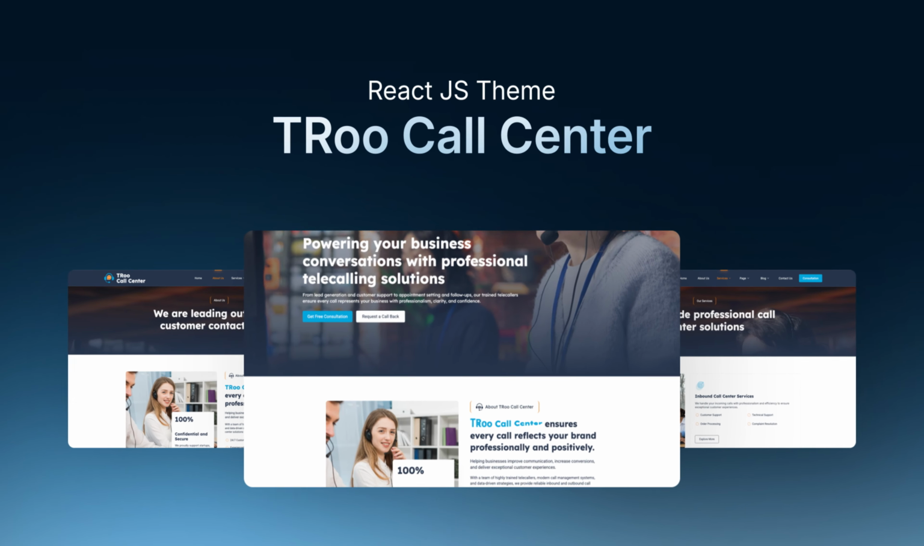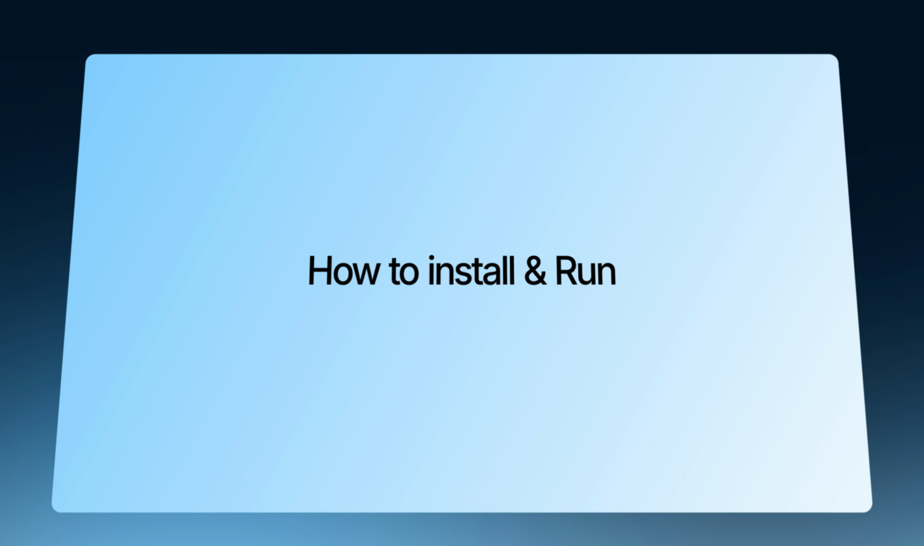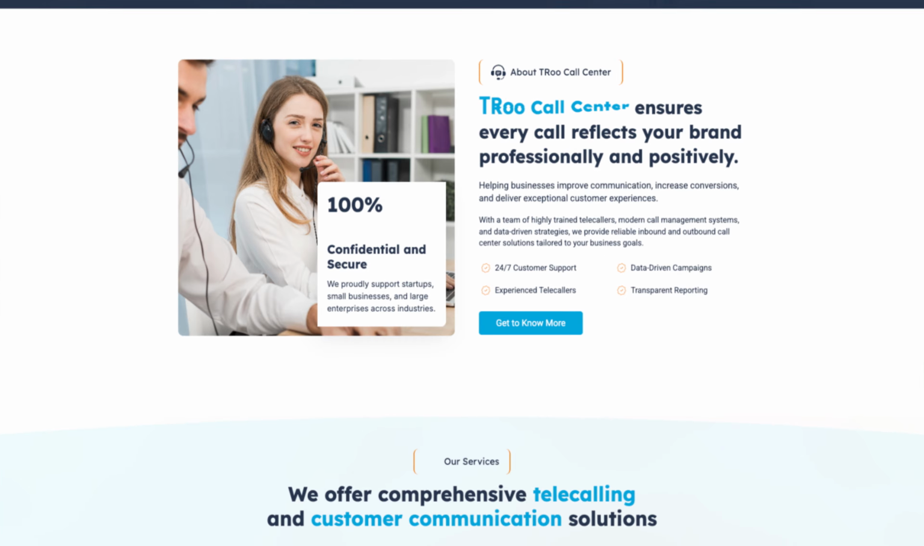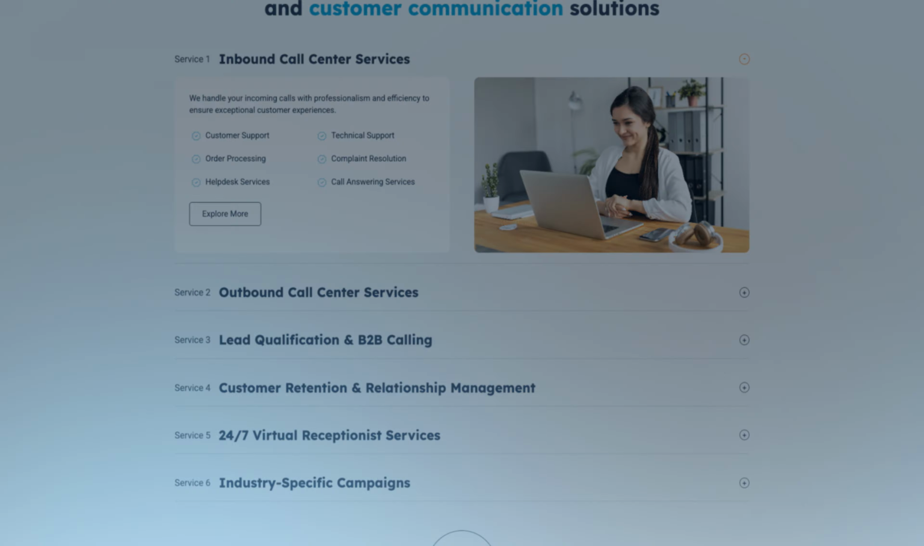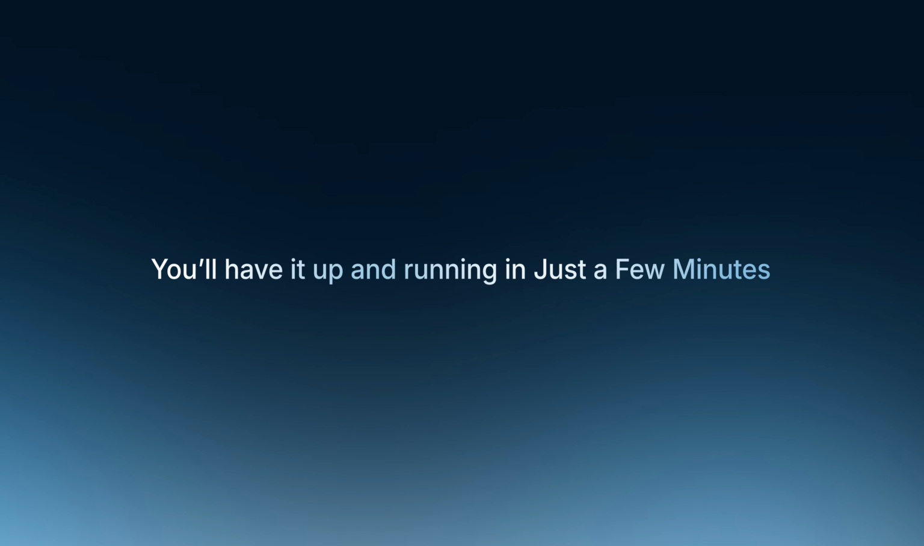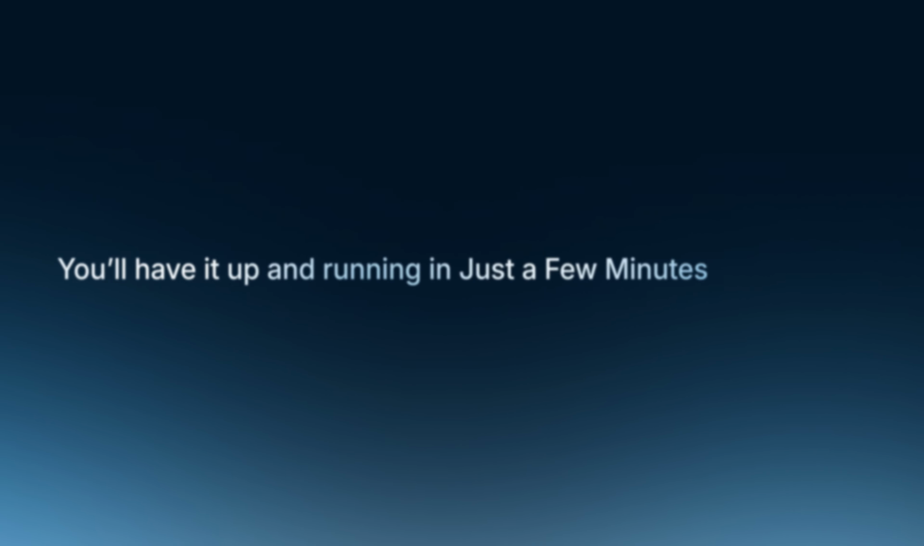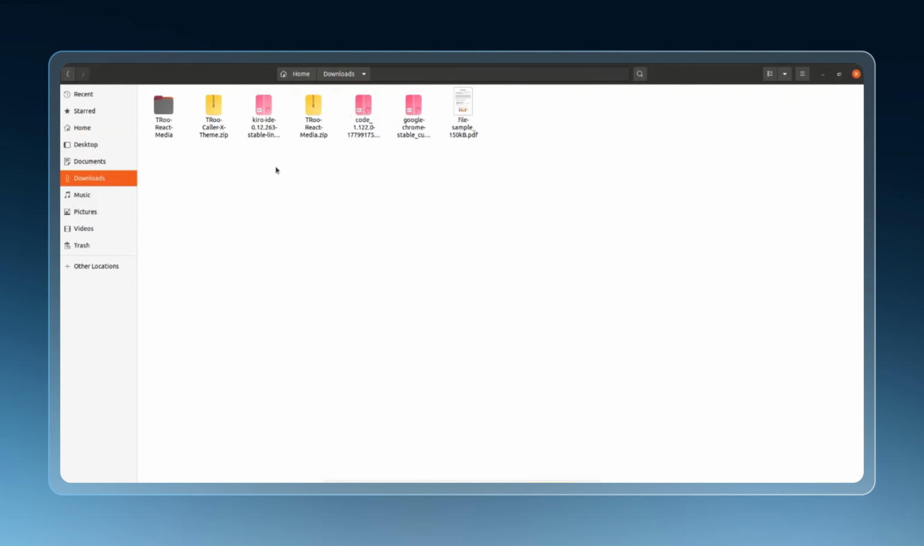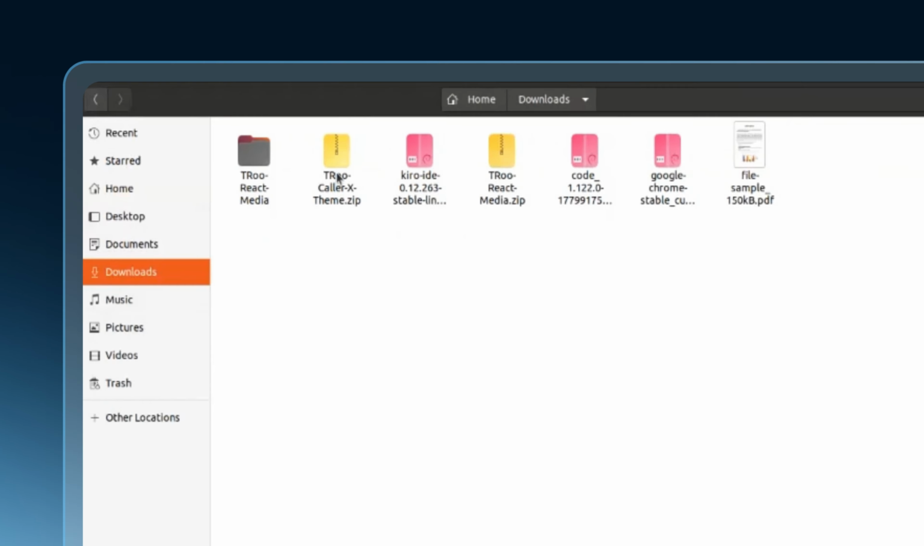In this video, you're going to learn how to install and run the TRoo Call Center React theme on your local system. If you've just downloaded the theme, simply follow these steps and you'll have it up and running in just a few minutes. First, go to your Downloads folder or wherever you saved the TRoo Call Center React theme